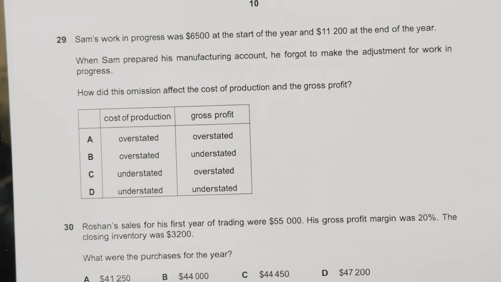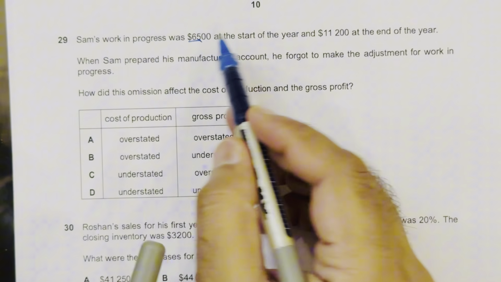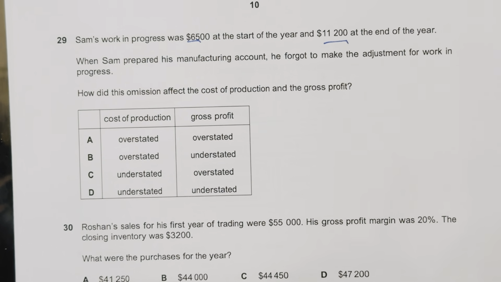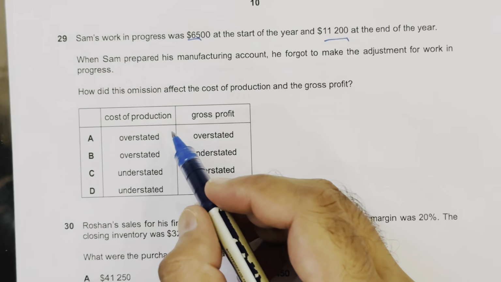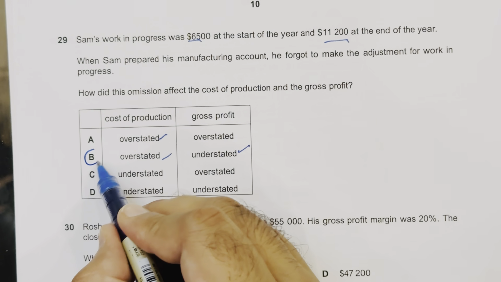Moving to question number 29. Sam's work in progress was 6,500 at the start of the year and 11,200 at the end of the year. When Sam prepared his manufacturing account, he forgot to make an adjustment for the work in progress. How did the omission affect the cost of production? The result would be that the cost of production would be overstated and gross profit would be understated. So option number B is the